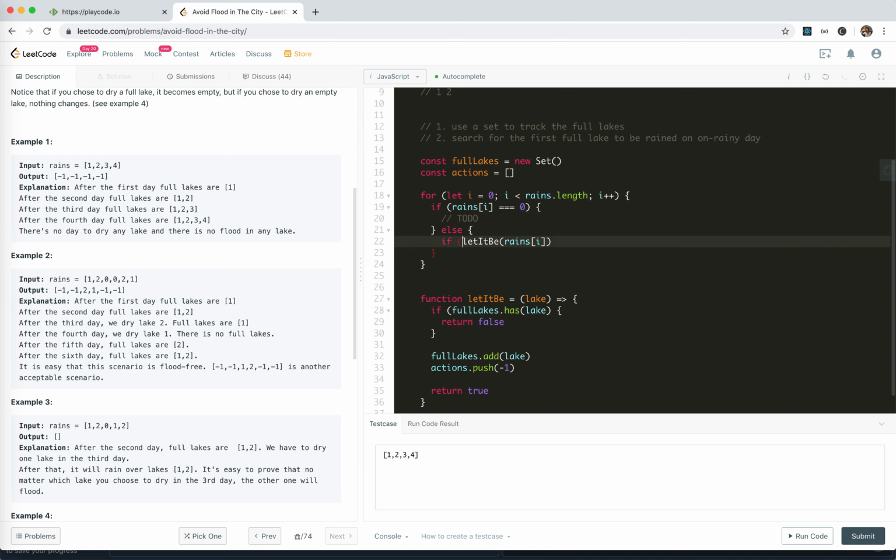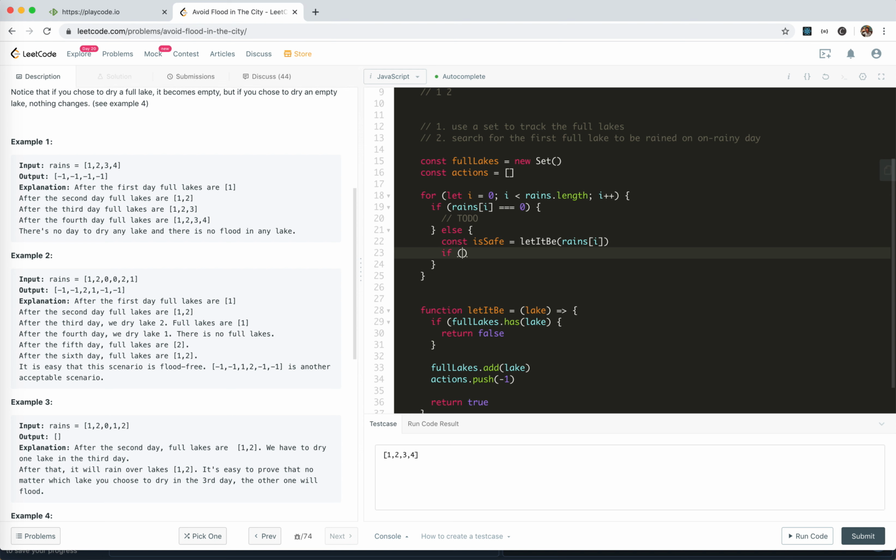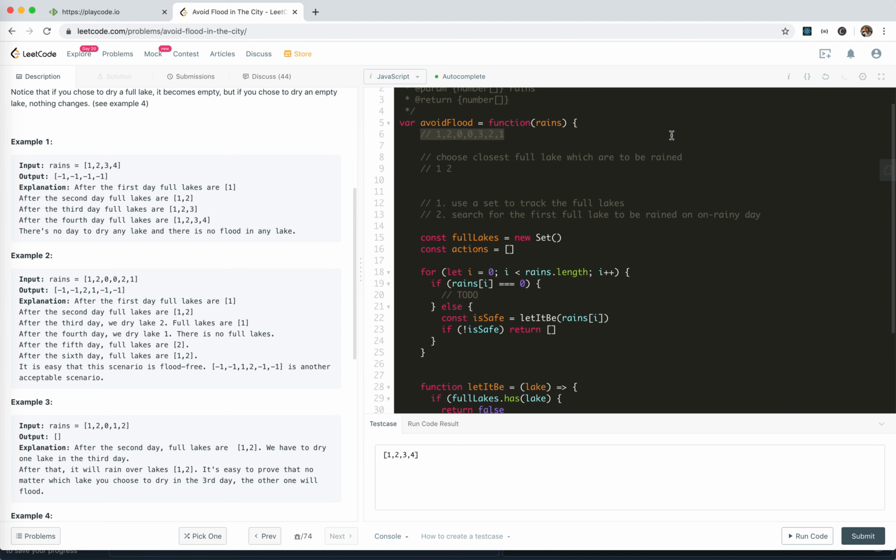So when you let it be, this is safe. If not safe, we return empty. This is it. Let it be. Cool. Now, if it is 0, like the case here,